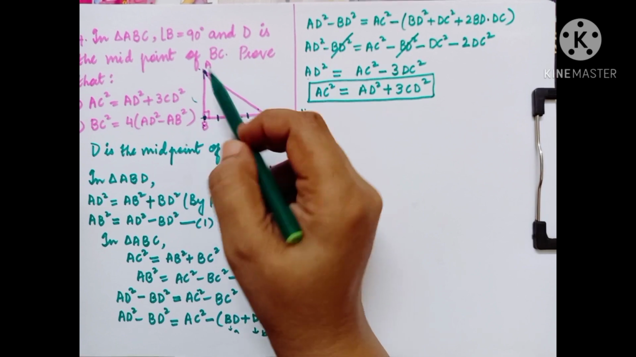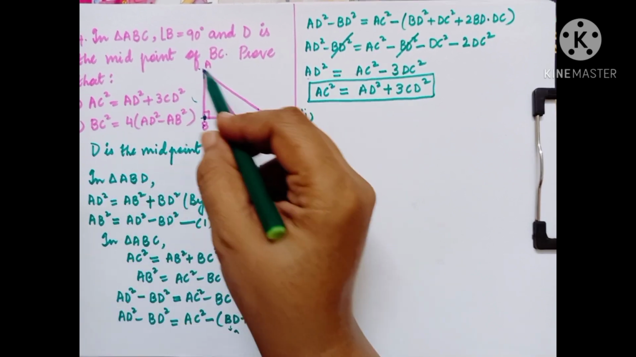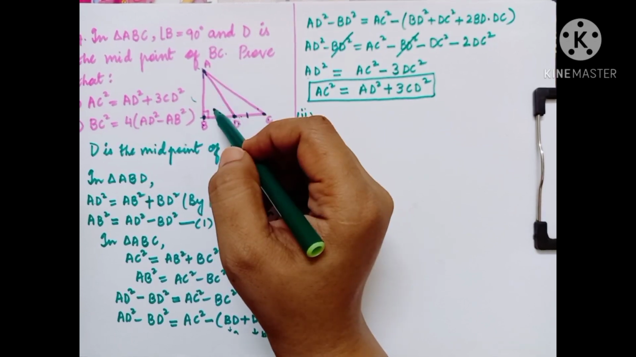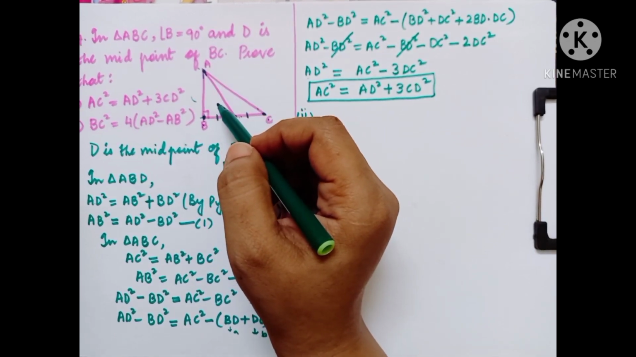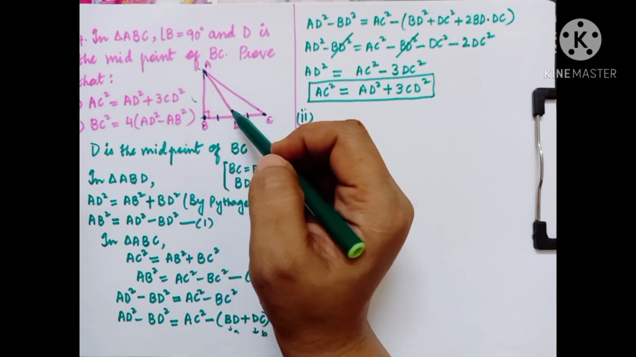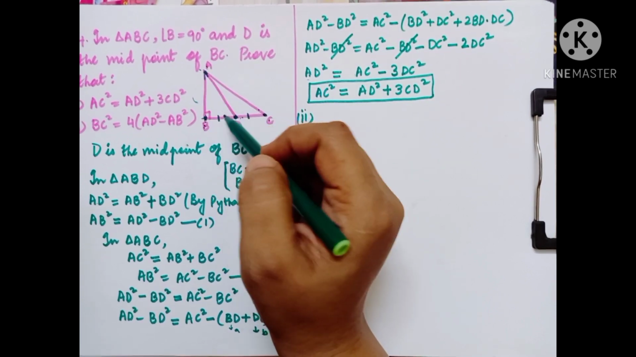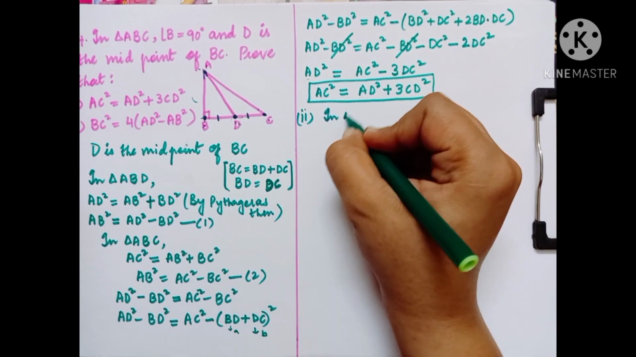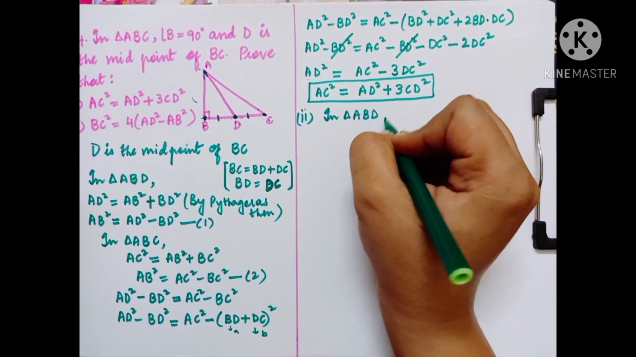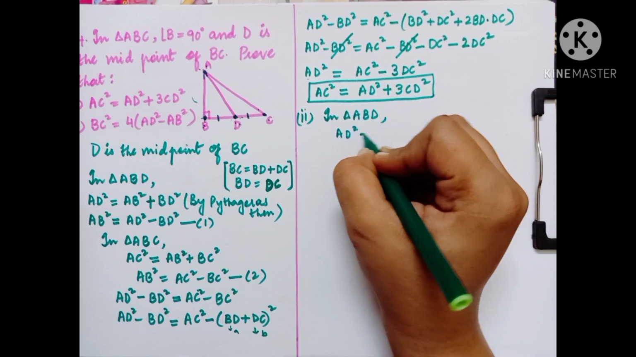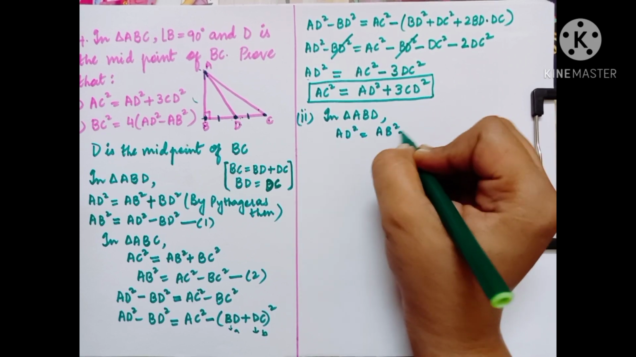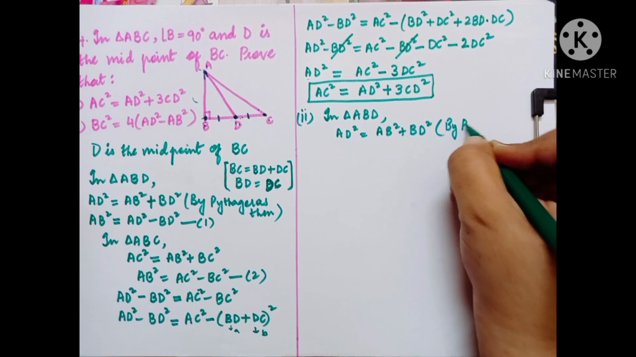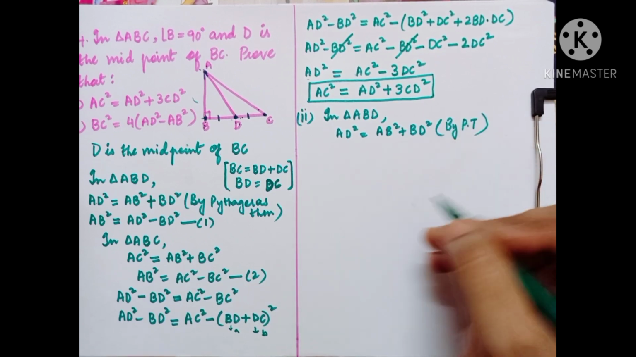When you are taking this triangle, the same triangle we took in the first bit, once again ABD. In triangle ABD, when you apply the Pythagoras property, you will get AD square equals AB square plus BD square, right? So in triangle ABD, once again, AD square equals AB square plus BD square, by Pythagoras theorem. Okay, so now